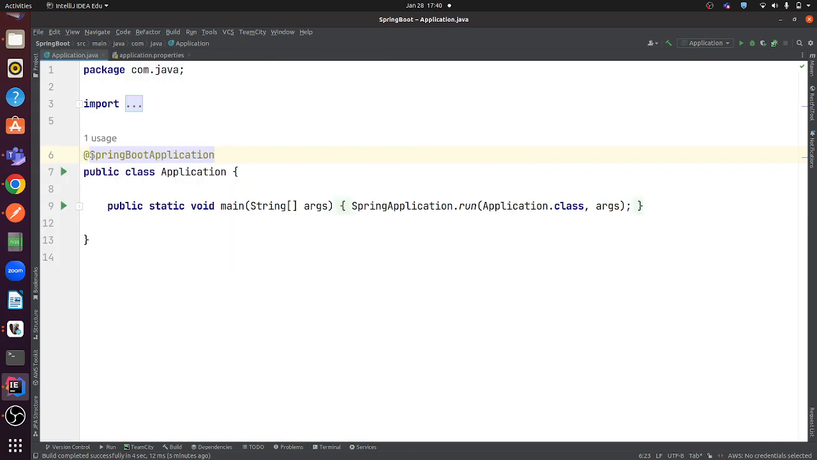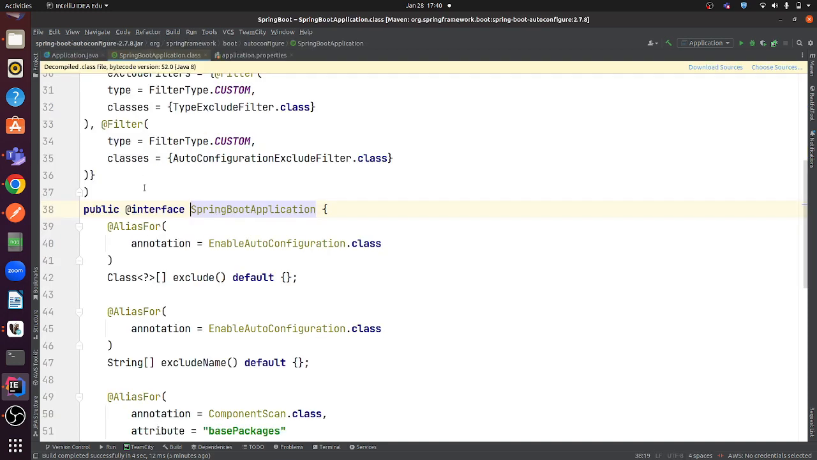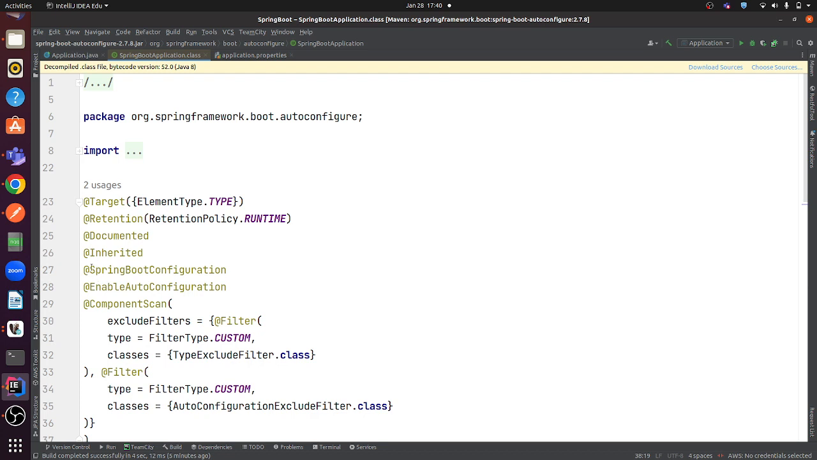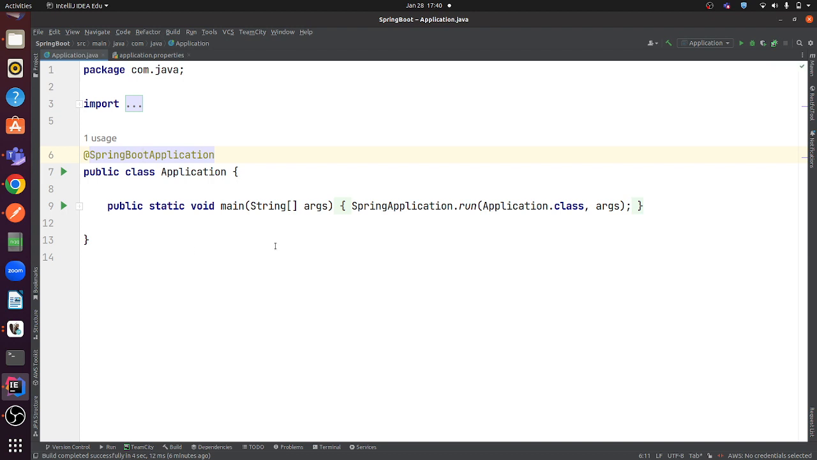So here the Spring Boot application annotation is made up of 3 annotations. That's why we say auto configuration, enable auto configuration, and component scan happen automatically. The Spring Boot configuration annotation will make the configuration based on this, right? So let's see